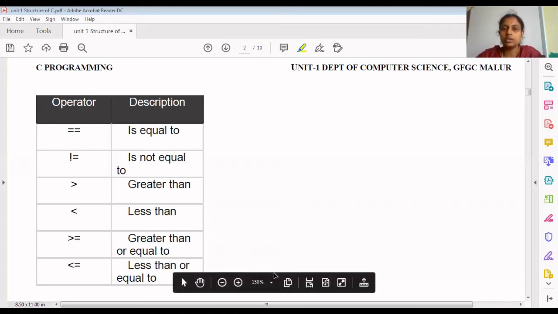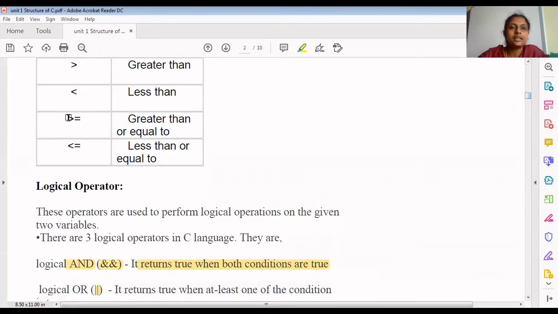I think this and all you only know. This is the general mathematics symbol we use. This is the lesser than symbol, and greater than equal to. In mathematics we will put the greater than symbol and put a line down. But on a computer keyboard we can't put it like that, so we have to put greater than and then specify one equal to symbol. Then this will become greater than equal to, and this is lesser than equal to.